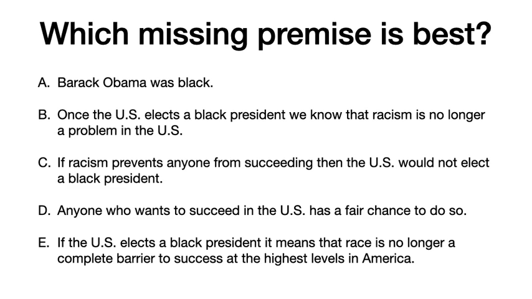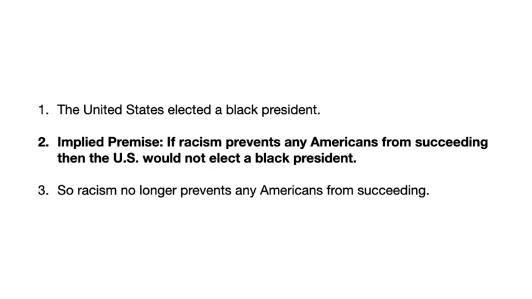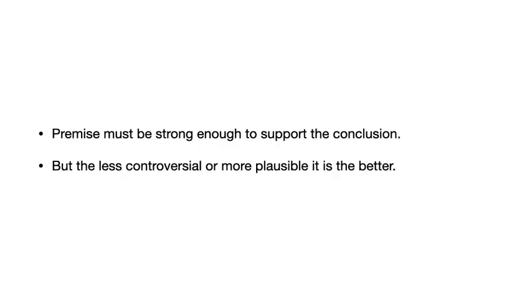Striking this balance in filling in a missing premise requires that we pick C out of these options. I mean, look, if you're filling in your own missing premise, you might be able to do even better. But if these are the options, and when I give you missing premises on tests, I will give you multiple choice because it is a very hard thing to do and it can be subjective. So I want to make it clear, out of these options, C is the best. Strong enough to support the conclusion, but no more controversial than it needs to be.